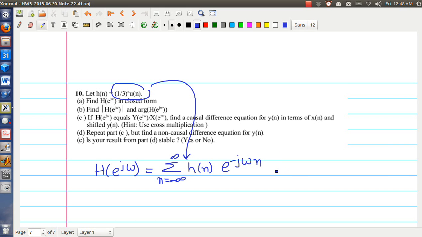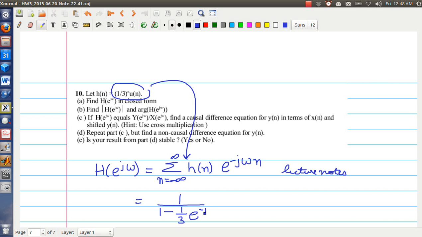We've done a similar example in the lecture notes, and it's also there in the book, I think, the very same impulse response. So solving this, if I remember correctly, you're supposed to get something like 1 over 1 minus 1 over 3